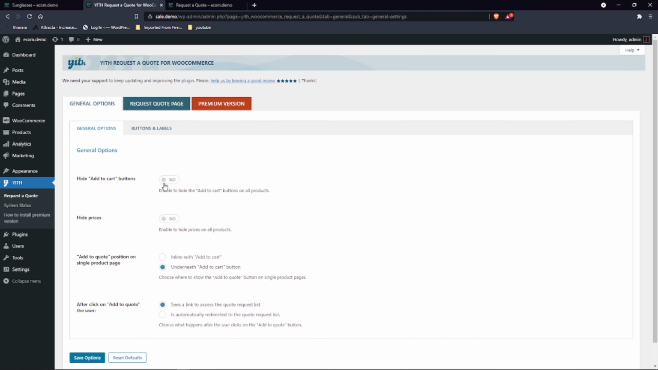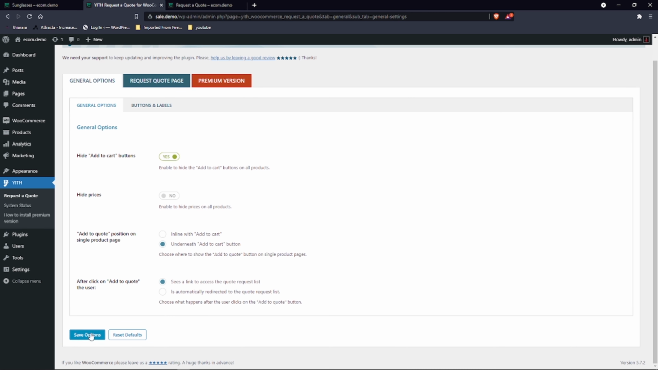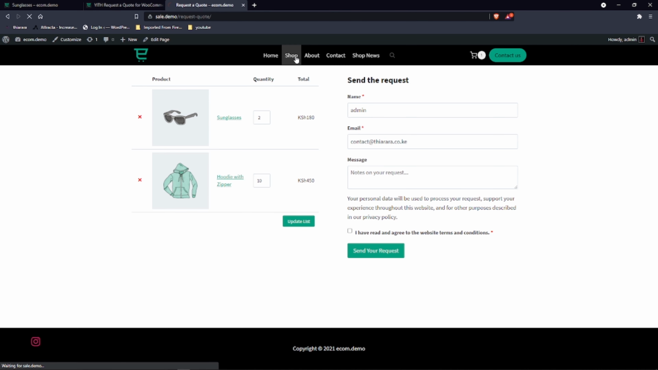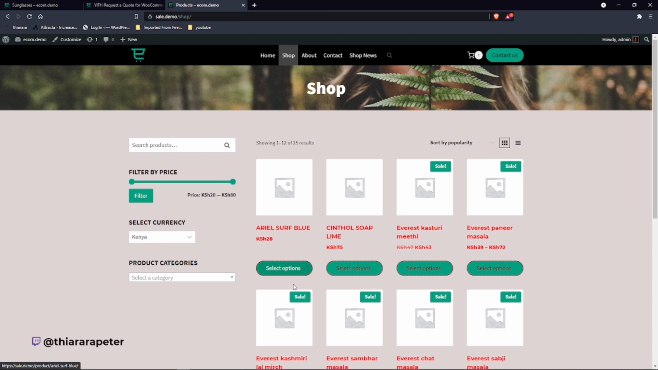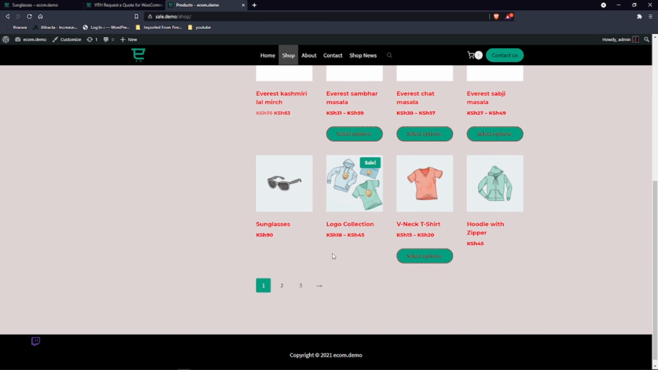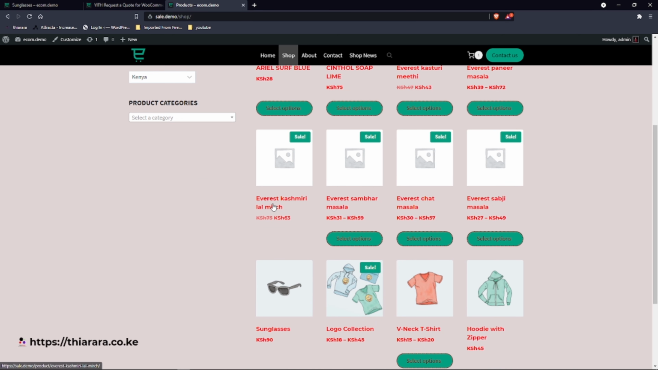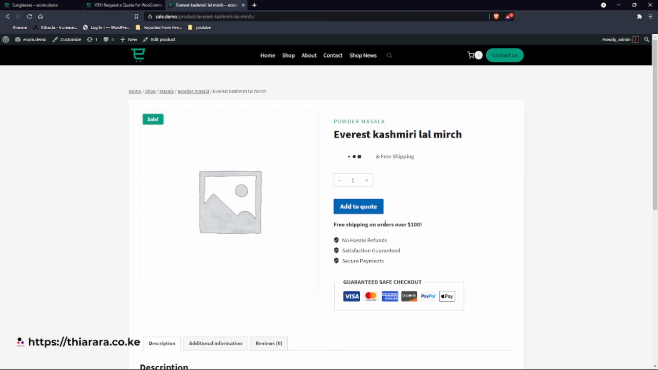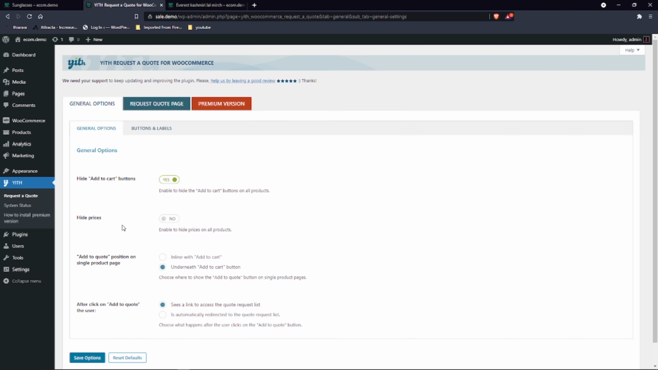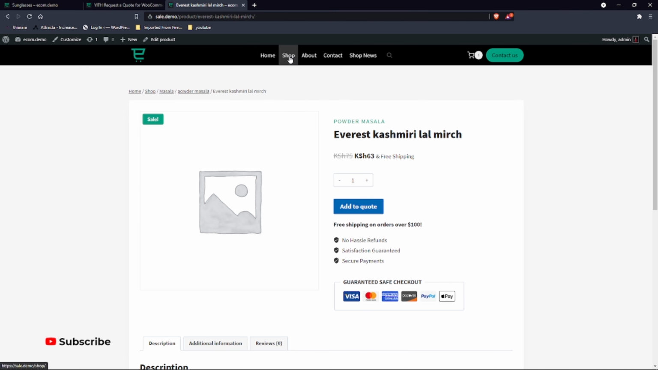First of all, when you click hide add to cart button and you save, you'll be able to see something very different in your shop page, because you're not going to have this add to cart here. And even when you open a product, you don't have add to cart. It is only for a website to offer quotes. That's why I'm going to show you how you'll be able to remove add to cart